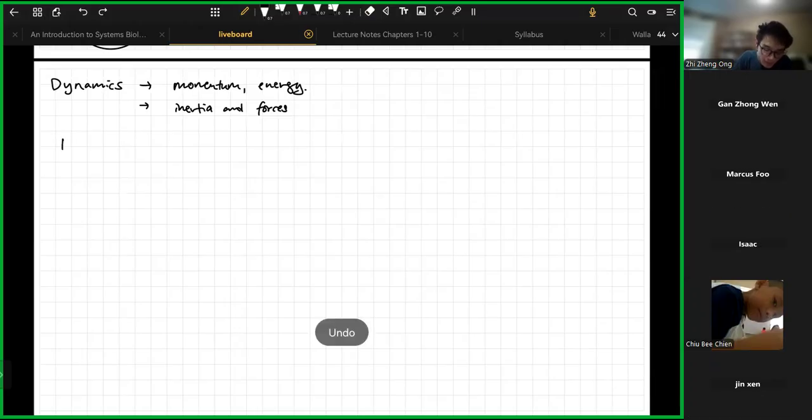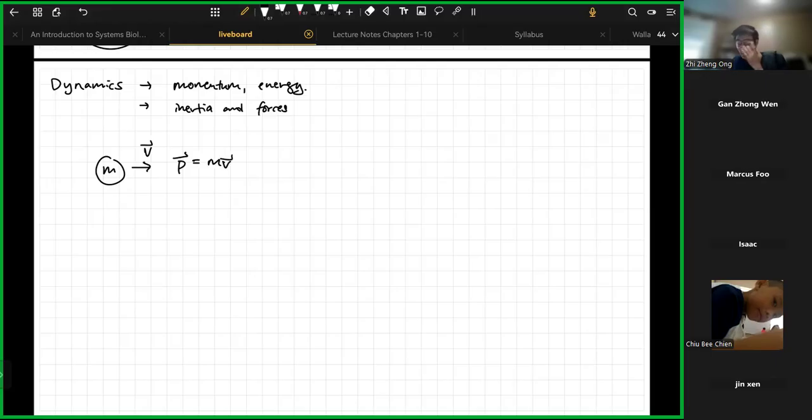When something moves, we say that it has momentum, normally we call it p. I like to use vector notation with the up arrow. And momentum p for an object with mass m and velocity v is p equals m times v. So this kind of makes sense because if you define momentum to be the moving feeling that you have,